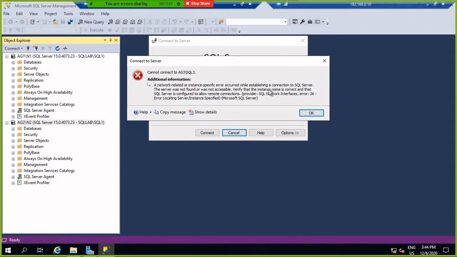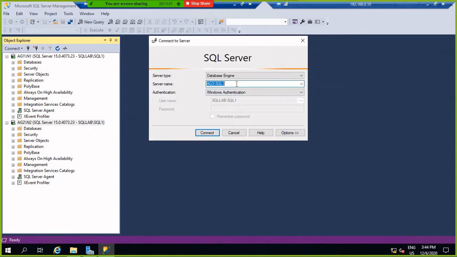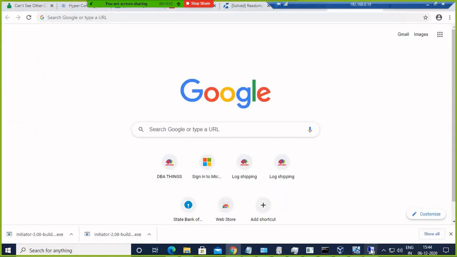Okay, here it is not connecting. So why is it not connecting? You can check the port, 57872. It should be connected. So first we check why it is not connecting.